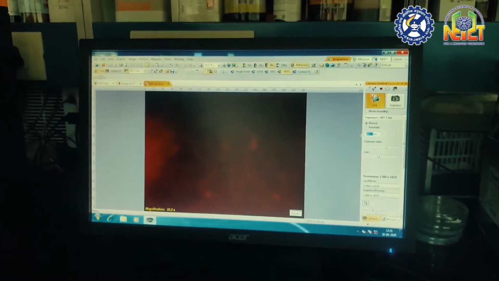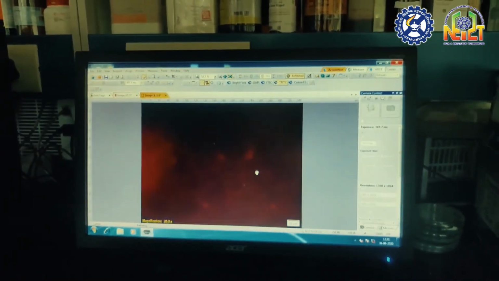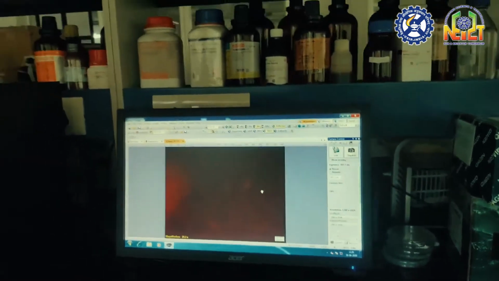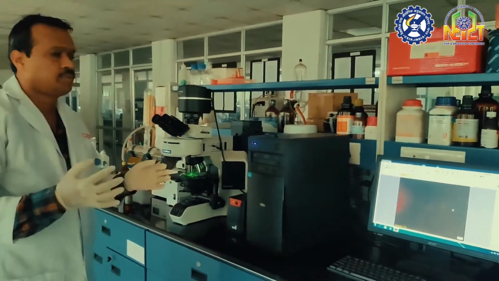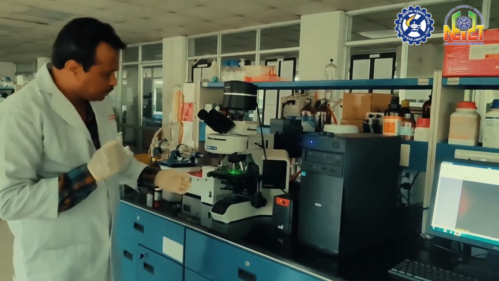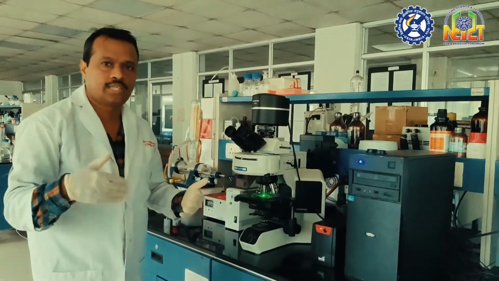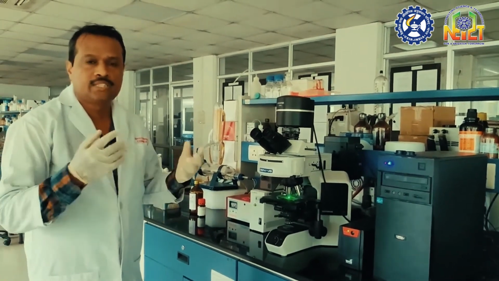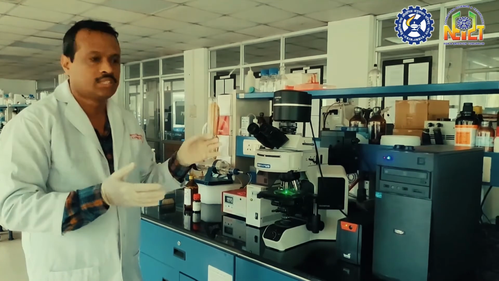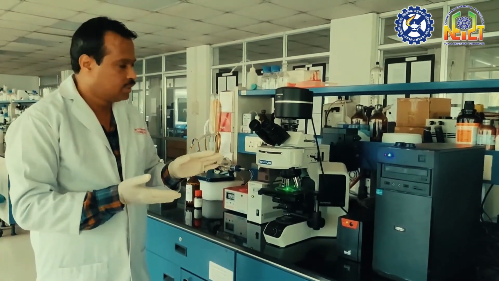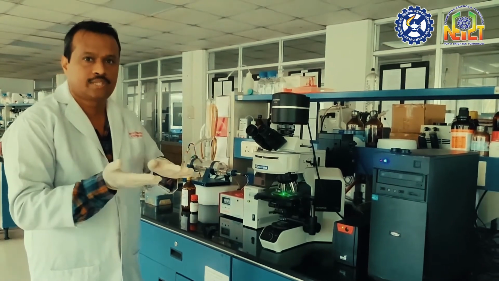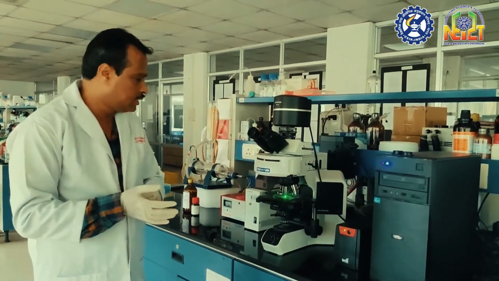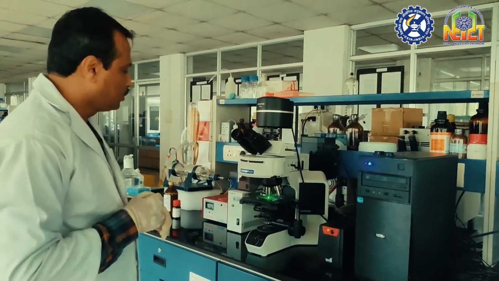If we capture it again and merge them together, then you can see the localization of the protein. These are the different ways we can see the localization of the proteins. One thing to keep in mind: if we go for 60x magnification or higher, we always have to use oil immersion. We immerse the objective lens and your sample in immersion oil, which makes a very thin transparent layer. That increases the numerical aperture of the objective lens, and you will get very high resolution images.